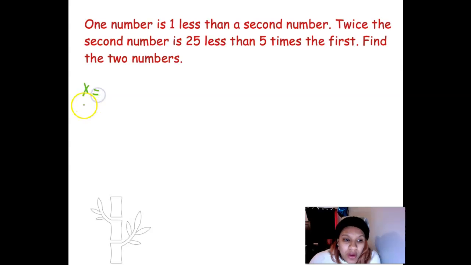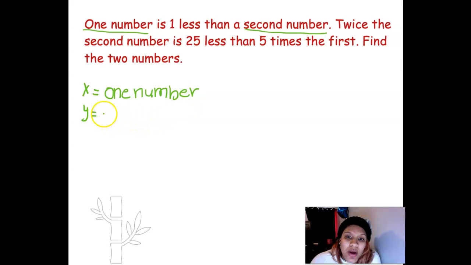So the idea with systems of equations is to first start by labeling what will be your x and y. You can use any other variable, I like using x and y. So in this problem, what are the two things they're talking about? They want you to find the two numbers, and they're describing them as one number and the second number. For the one number, we could always use the words first number, since this is talking about the second, but let's just use it as expressed in the problem. So my x will be the one number,